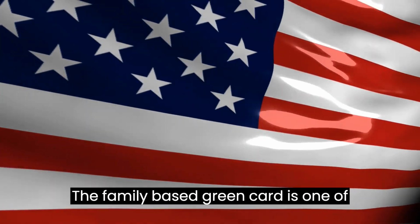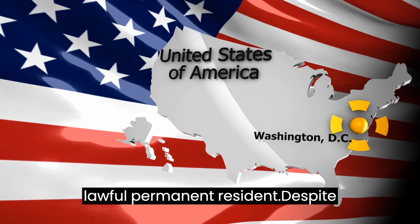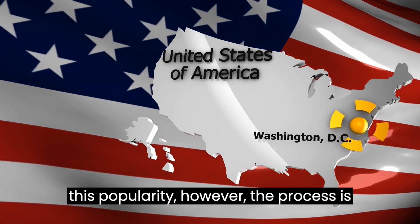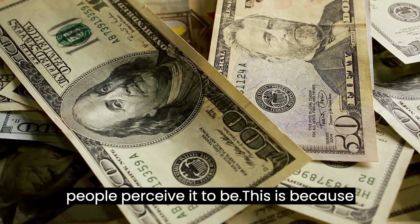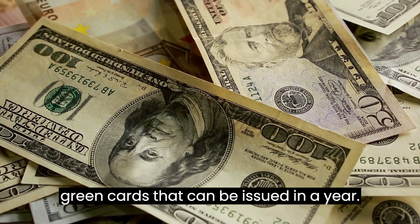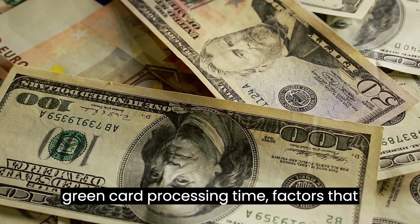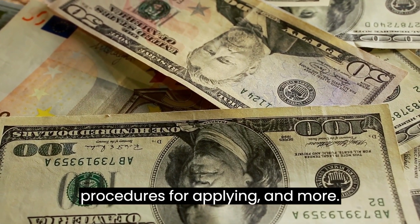The family-based green card is one of the most popular ways to become a U.S. lawful permanent resident. Despite this popularity, however, the process is not as straightforward or fast as many people perceive it to be. This is because there is a limit to the number of U.S. green cards that can be issued in a year. On this page, we explore family-based green card processing time, factors that influence the length of processing, procedures for applying,